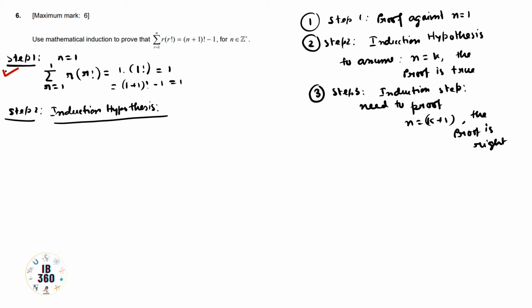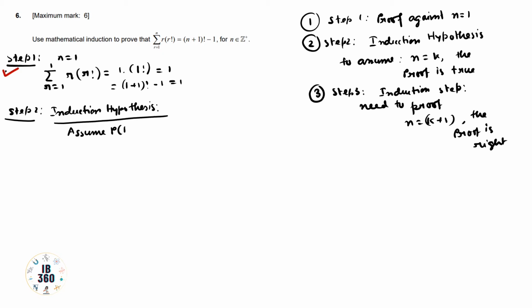Whatever I am writing, excluding the steps, you need to write in this particular way to get full marks in these induction problems, because you need to clarify which one is step 1, then which one is step 2. Step by step you need to follow. Then induction hypothesis. So assume